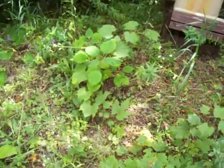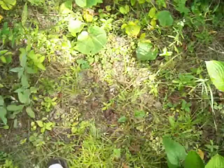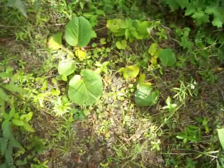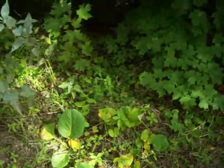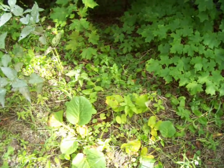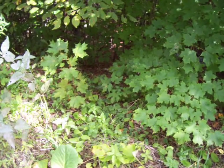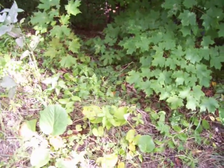I planted some hydrangeas. Oh, and this is something somebody gave me that... Ooh! That was a big old snake. Look at him sitting right there. Big old snake. Anyway,